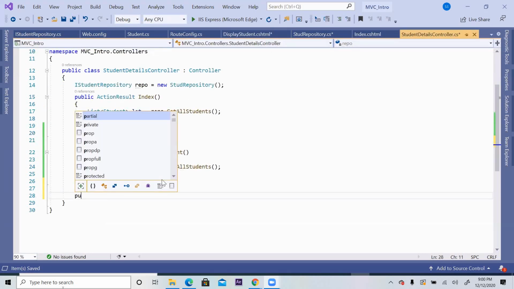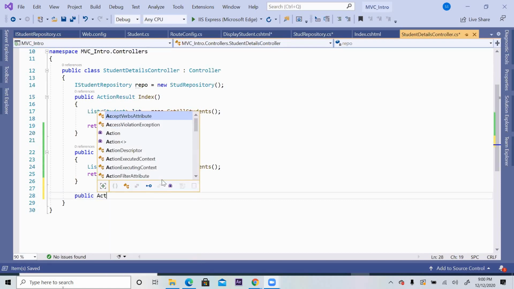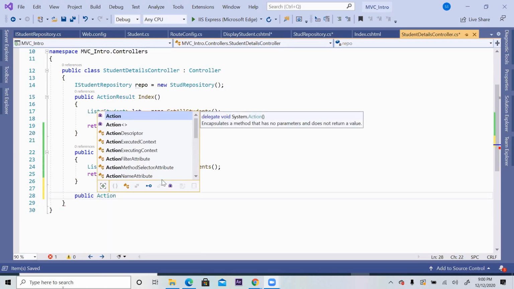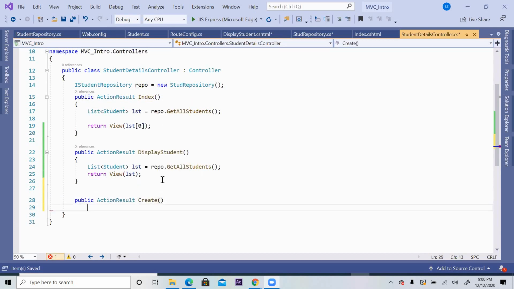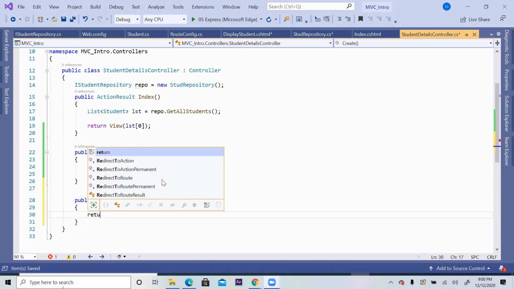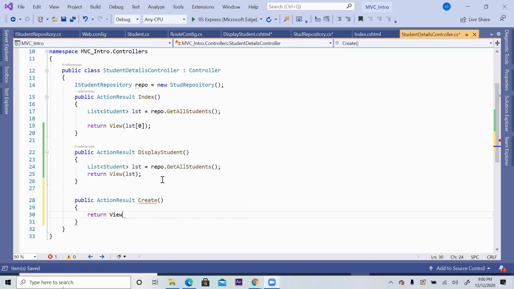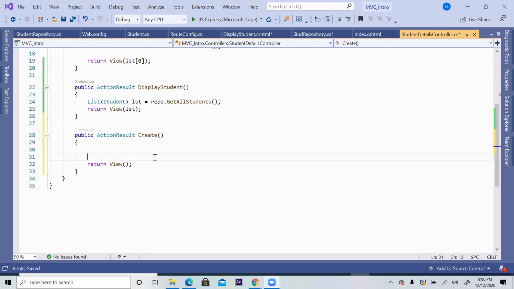Okay, public ActionResult create. Simply put return View as of now, just to avoid that error. Now what to write here, that matters. That means we are going to communicate between the view and the repository, being present in the controller.